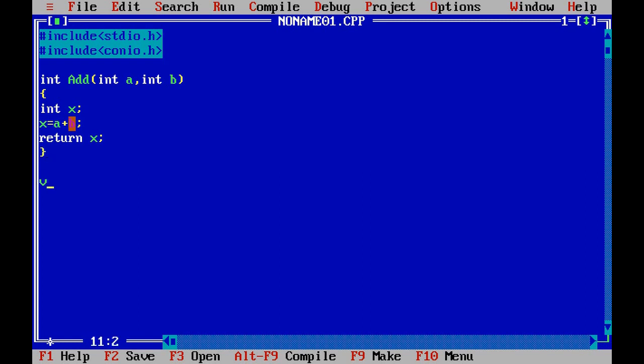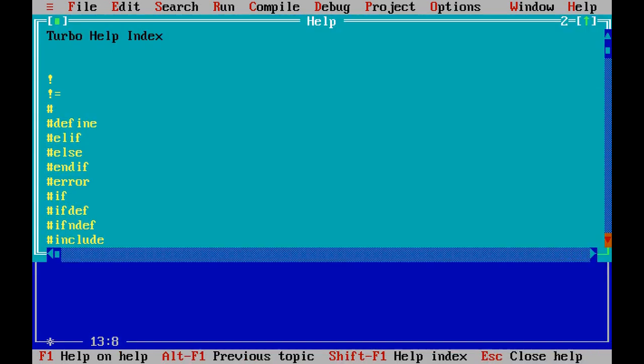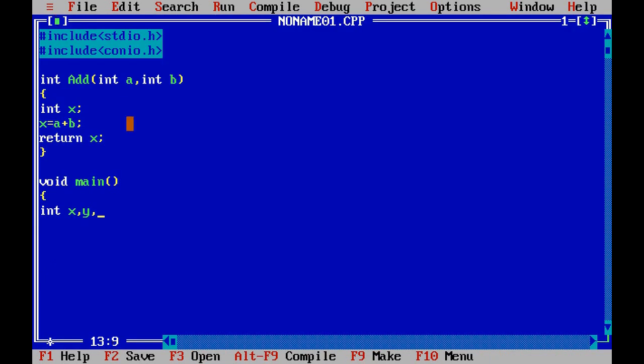Now our main function starts: void main(), then the curly brackets, int x. I will take x and y. You can take another variable as above also. So int x, y, ab; clrscr(); Here above I have used ab, the detail of which I will show you down below.